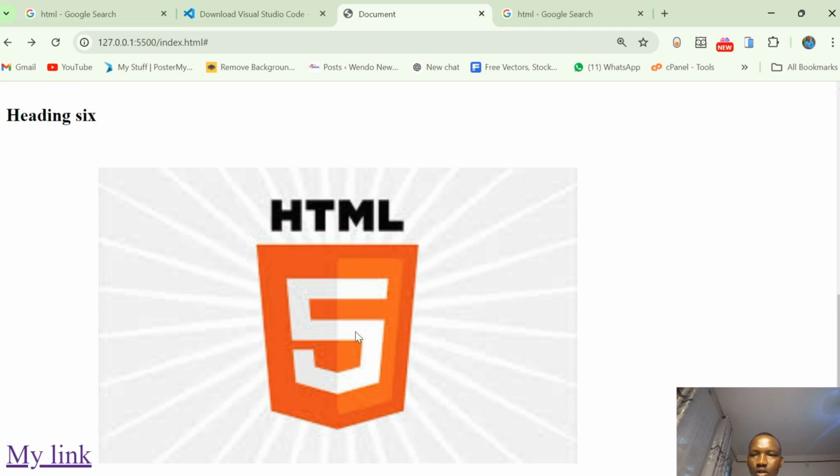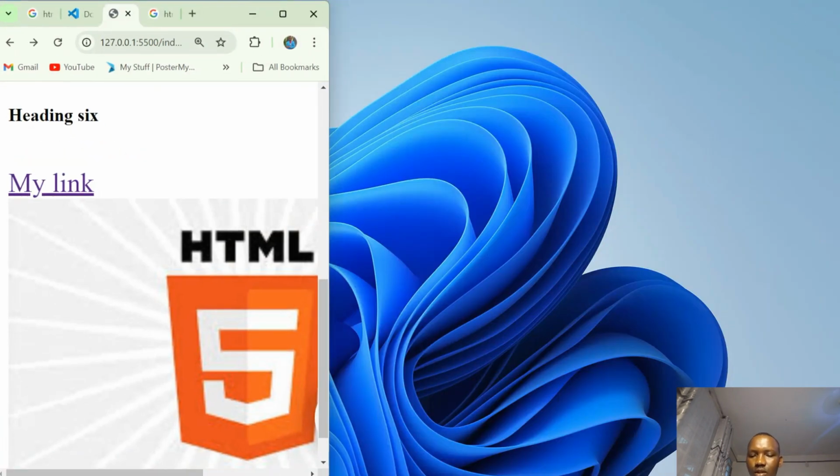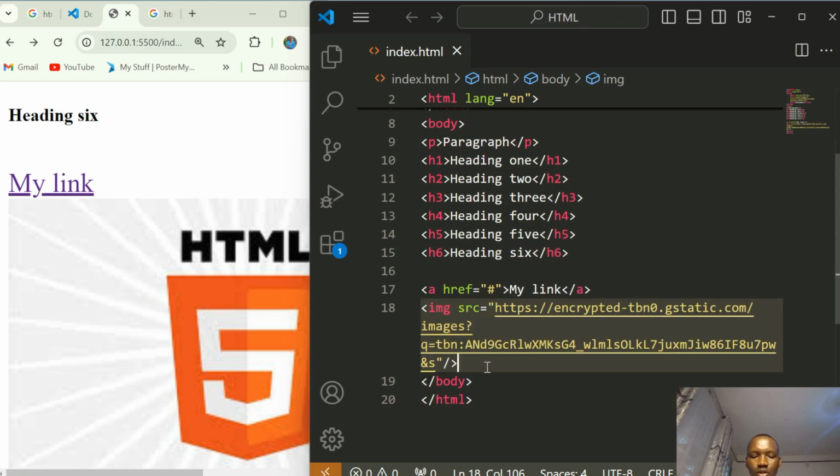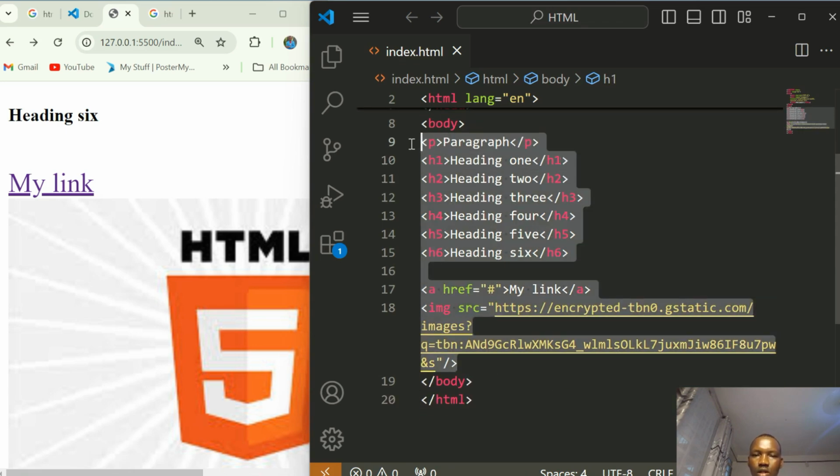Yeah, the image has already been inserted here. That's how you insert your image tag. So the other thing you need to know about now is the